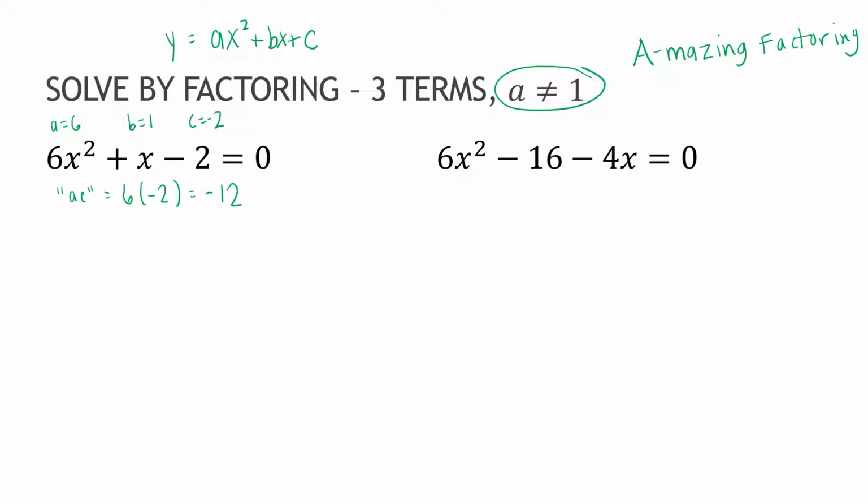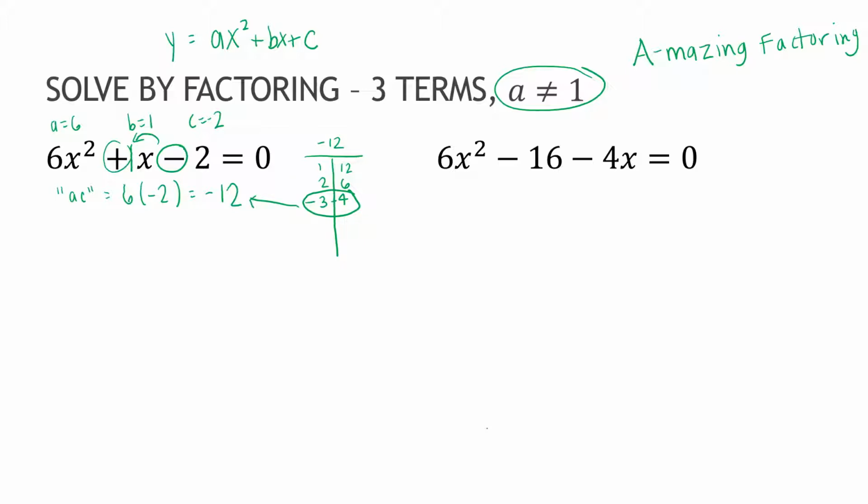On the last one, remember, I looked at numbers that multiplied or added to whatever. So what I'm looking for here is numbers that multiply to -12 that have a difference of 1. So again, -12 could be 1 and 12, 2 and 6, 3 and 4, etc. Do any of those have a difference of 1? Yes. And I want it to be a +4 and a -3, because I want the difference to be +1. So -3 plus 4 is 1, and -3 times 4 is -12, which is this number, so not c, but